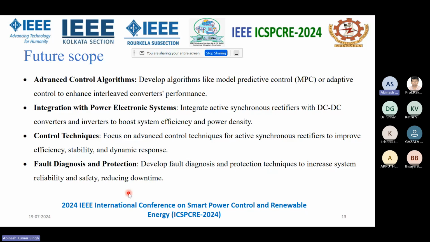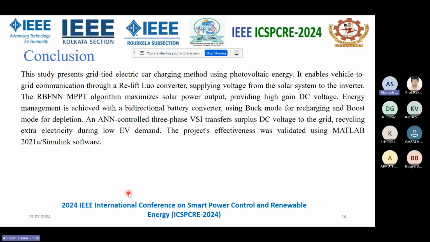Again, fault diagnosis and protection. So develop fault diagnosis and protection techniques to increase system reliability and safety. Again, reducing the downtime. So the conclusion: this study represents a grid tied electric car charging method using PV